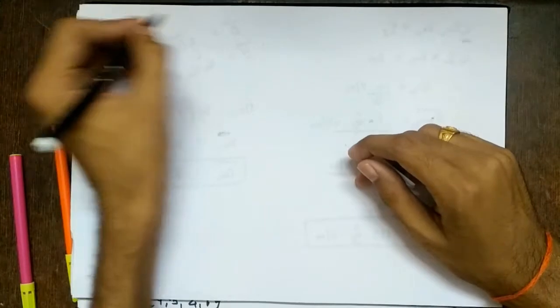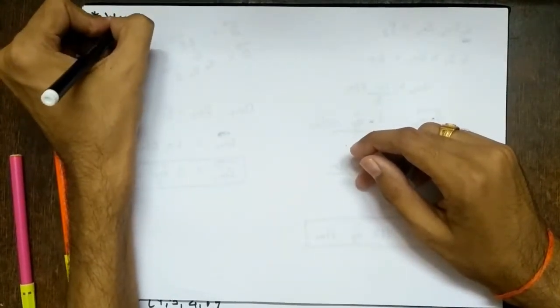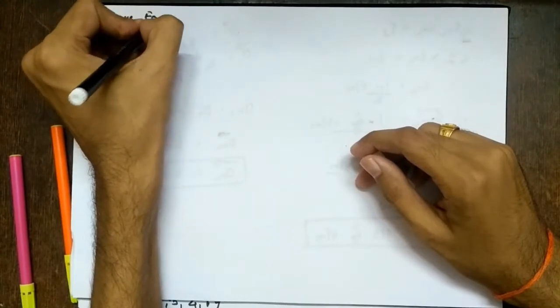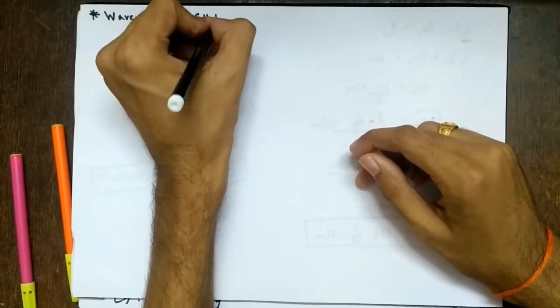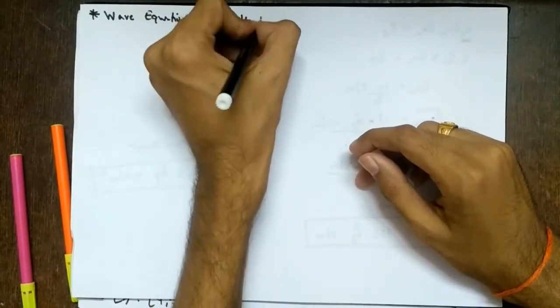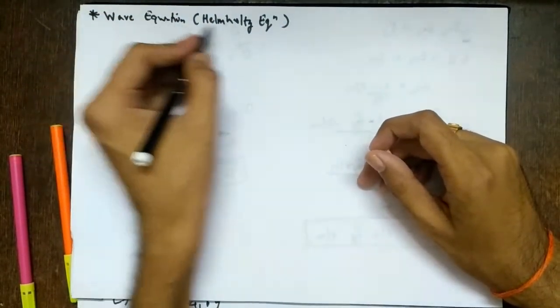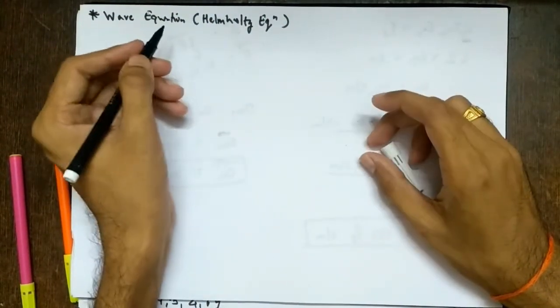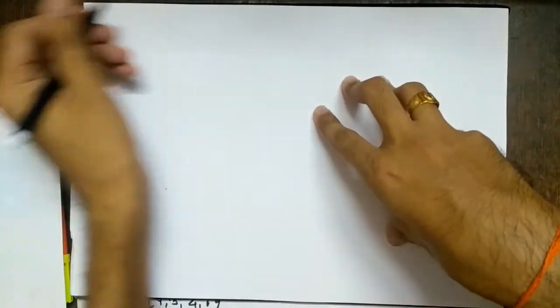Okay. So the next very important topic again is wave equation, and remember it is also called as Helmholtz equation, because you might get a question: derive wave equation or derive Helmholtz equation. So you should know that wave equation is nothing but Helmholtz equation, right? So before this, I'll just recapitulate the Maxwell's equations as I do usually for most of the lectures.